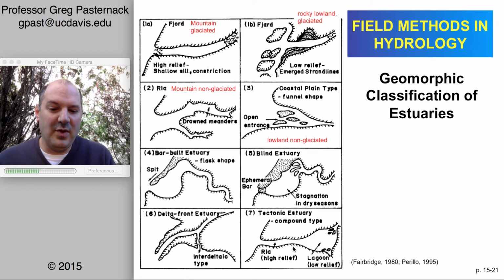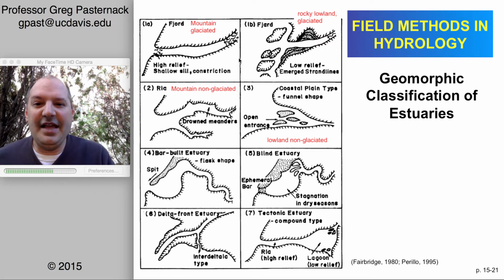There may even be a ria, but that inland there's a larger lagoon isolated from the ocean and separated by some sort of connecting channelway. And then there could be deltas or other features like estuaries inland. So this is a landform dominated classification. You can see the role of glacial versus non-glacial, high terrain versus low terrain, relative river versus wave or tidal